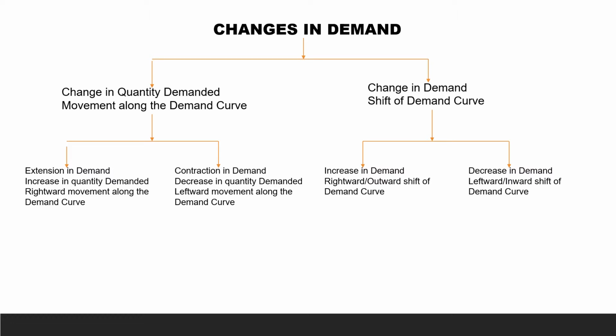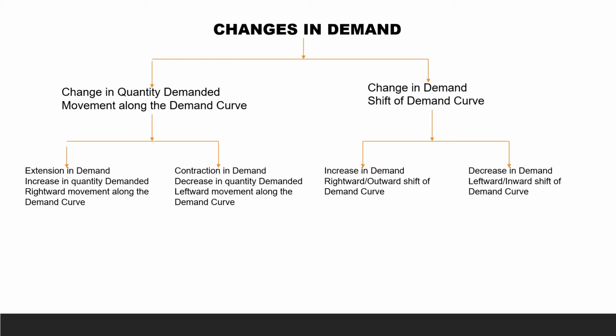Change in quantity demanded is of two types: extension in demand or increase in quantity demanded, or rightward movement along the demand curve. And the other type of change in quantity demanded is contraction in demand, decrease in quantity demanded, or leftward movement